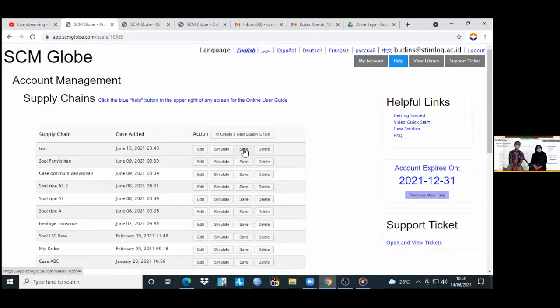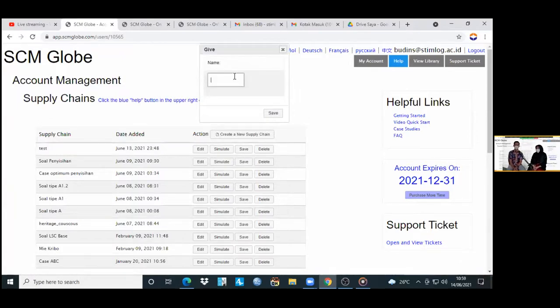Okay, there is a file called test first. You can save it first. You can download the files too.